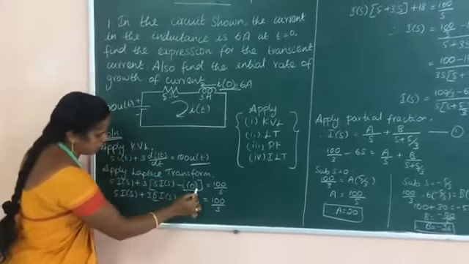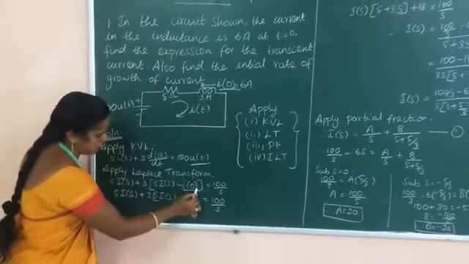If you simplify again, I of s you will get as 100 by s minus 18 divided by 5 plus 3s. Again we simplify this. So you are getting I of s is equal to (100 minus 6s) divided by 3 into s into (s plus 5 by 3). The third step is you have to apply partial fraction.